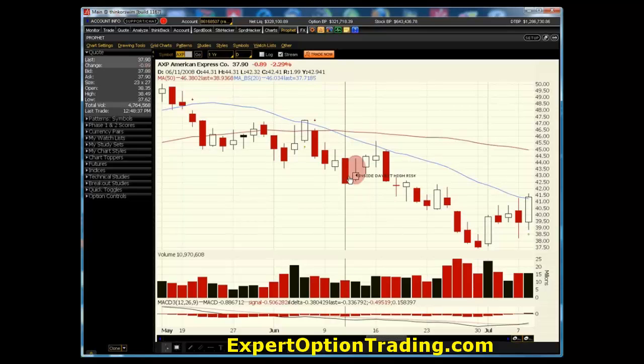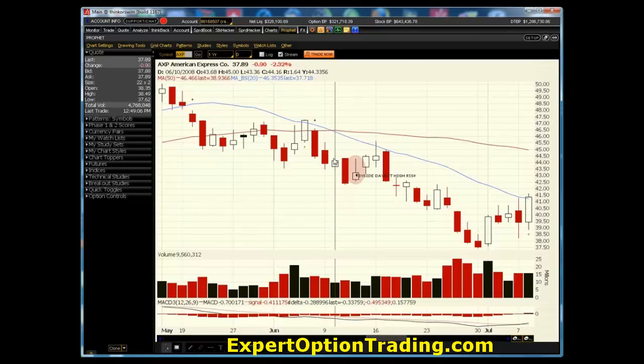The very next day you have a bar in which there was a lower high and a higher low than this particular bar. That would fit the definition of an inside day. The only problem with this particular bar is it's almost the same range as the bar that precedes it. So when we're looking at identifying inside days, yes, it does fit the definition, but I would not trade this